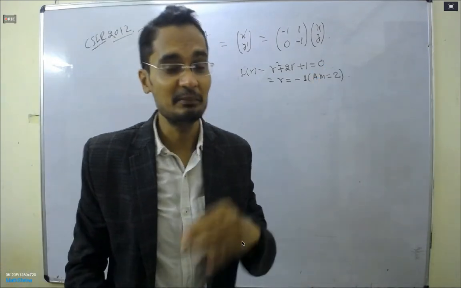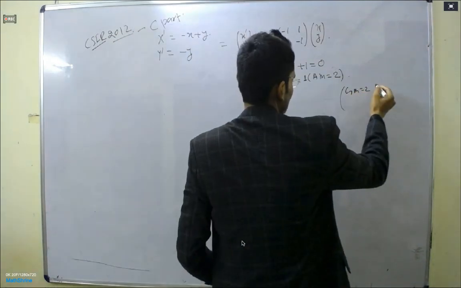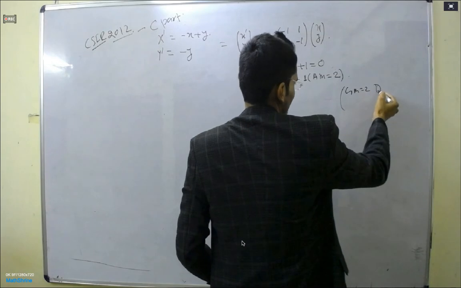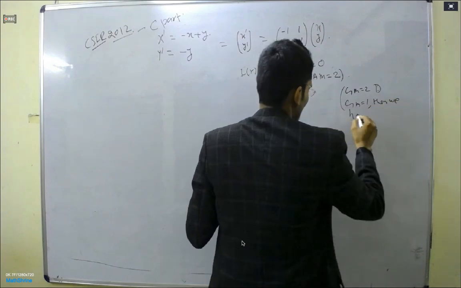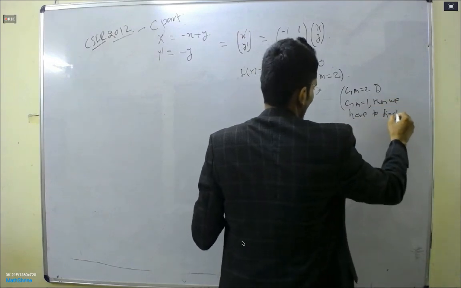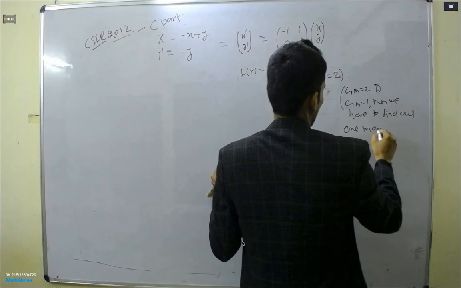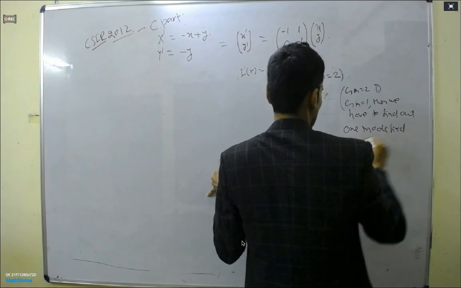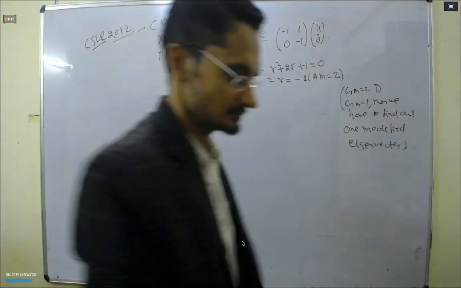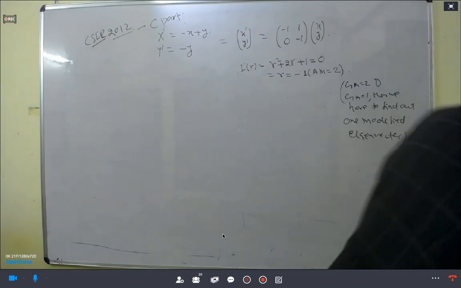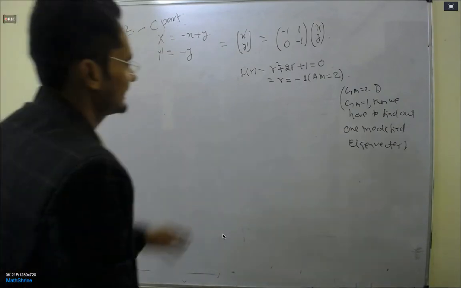Okay, let us calculate. What is the formula? The formula is A minus lambda I over x is equal to 0. So R is equal to minus 1, and minus of minus 1 will be plus 1. The matrix 1, 0, minus 1 plus 1, over x comma y is equal to 0, 0. This will come out as 0, 1, 0, 0, x comma y is equal to 0, 0.